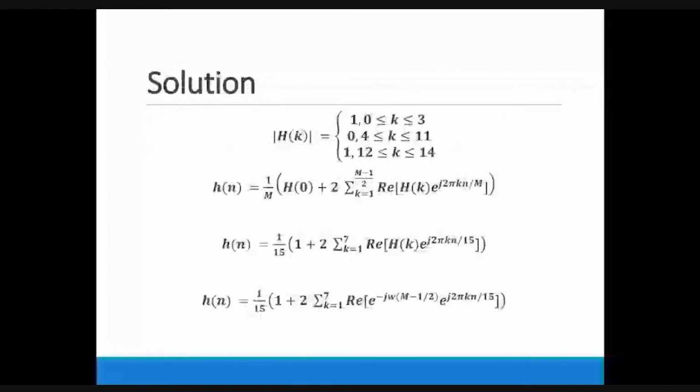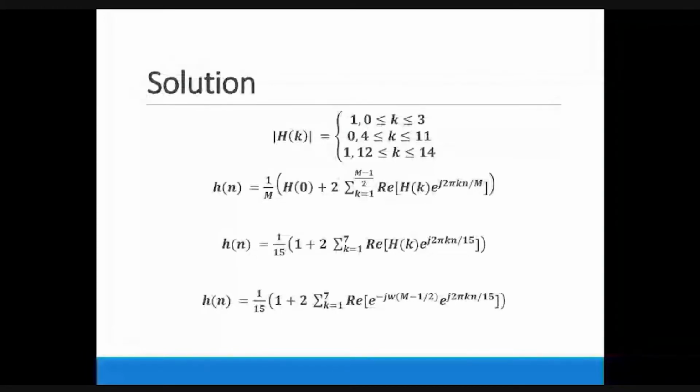Here we can write this H of k like this. Mod of H of k we define as equal to 1 for the values of k from 0 to 3, which is already given, and then 0 to 7 is given to you, that is 0, and again the samples are repetition of that. So for the values of k from 4 to 11 you have the 0 value, and again you get the 1 value from sample 12 to 14. This is how we represent the samples from 0 to 14: value 1 for 0 to 3, 0 for the values of 4 to 11, and 1 for the values of k from 12 to 14.